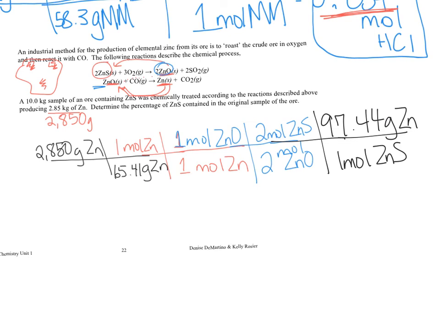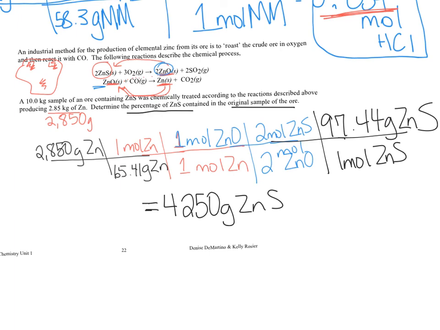When we do that, we are going to end up getting 4,250 grams of zinc sulfide. So back to the original question, they want to know the percentage of zinc sulfide contained in the original sample. Well, they tell us at the beginning that the original sample